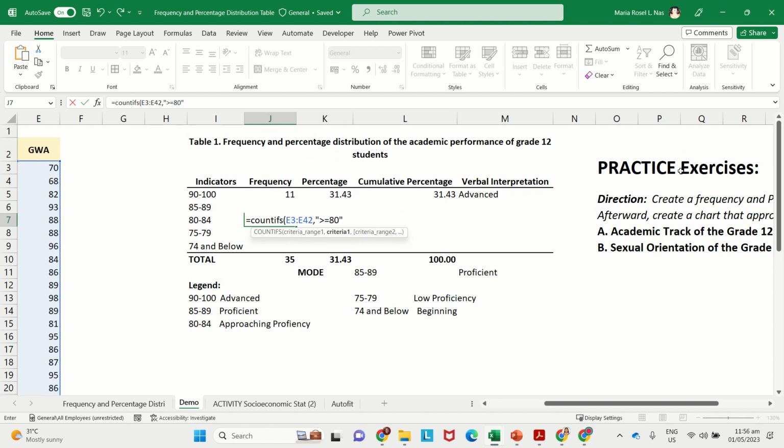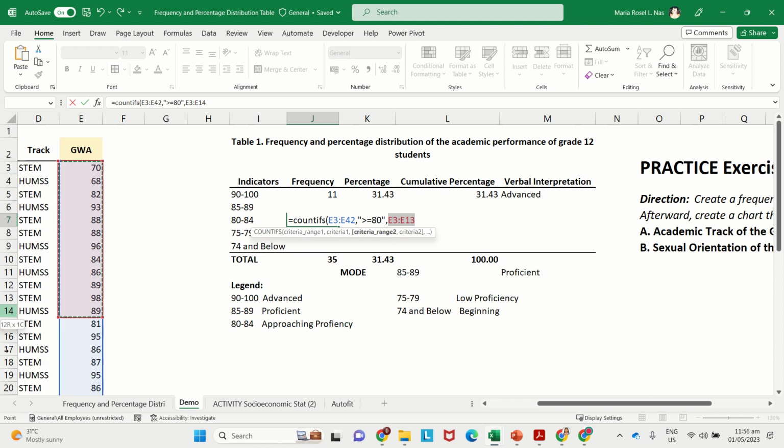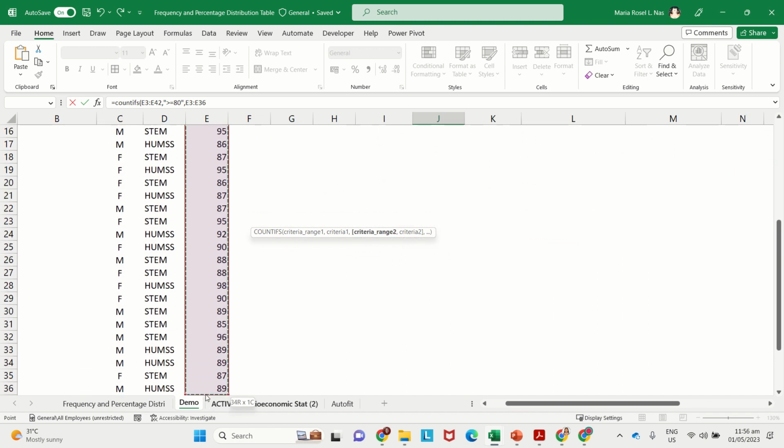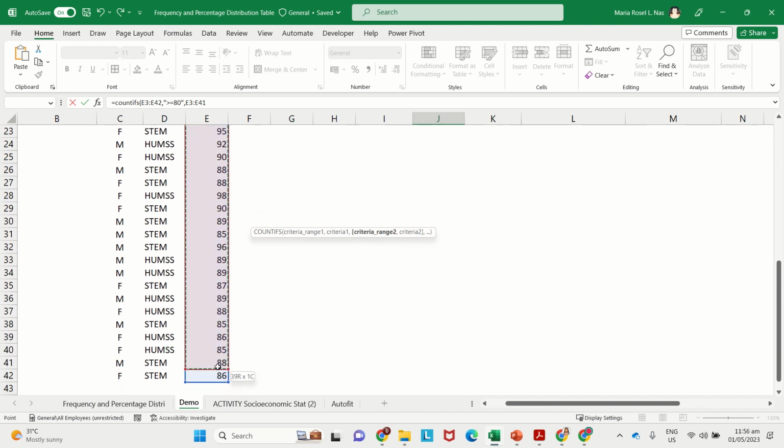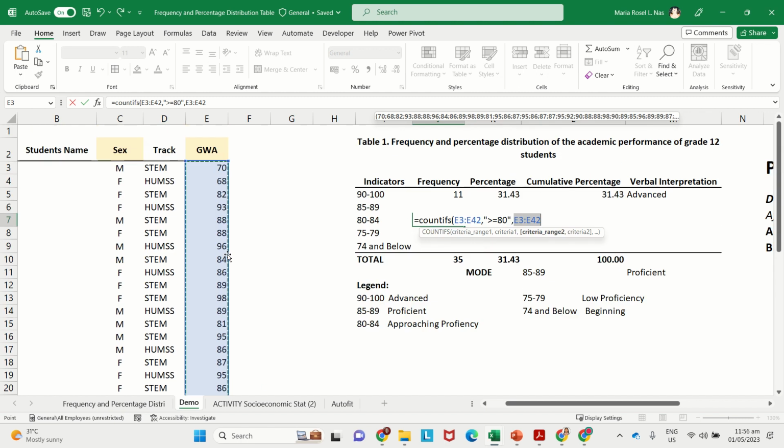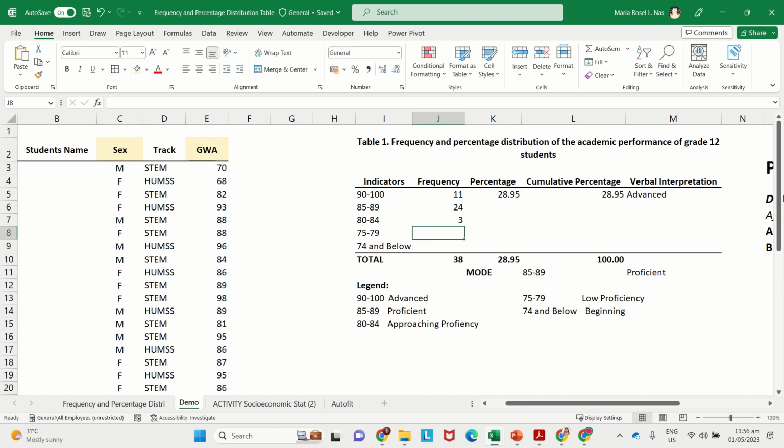And our second range, the same lang naman yung second range, which is E3 to E42. Okay. And then our second criteria is that the value must be less than or equal to 84. And then press enter, close parenthesis, and then press enter. And then do the same with the other